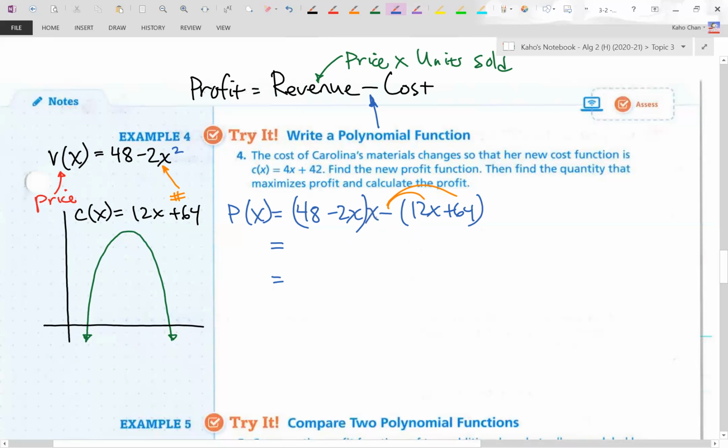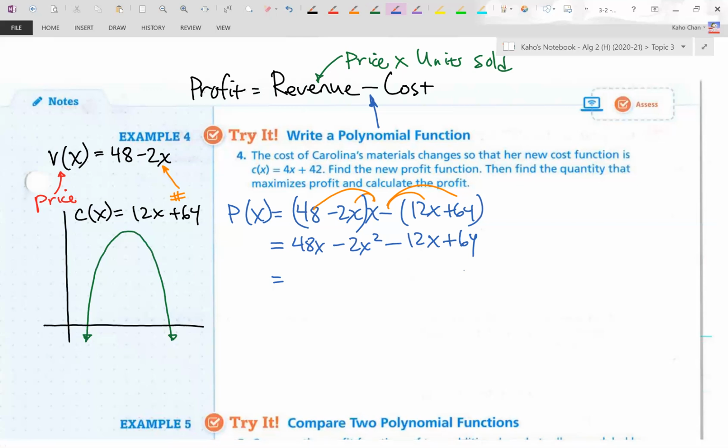48 minus 2x times x, the number of units. Forgot to include that part. Sorry about that. So I do need to distribute that x to here and there, and that will give me 48x minus 2x squared. And then we need to apply the negative sign to the back half of this problem. Much better. Sorry about that. So now let's go ahead and clean this up. My profit function, I'm going to put it in descending order: negative 2x squared, 48 minus 12 is